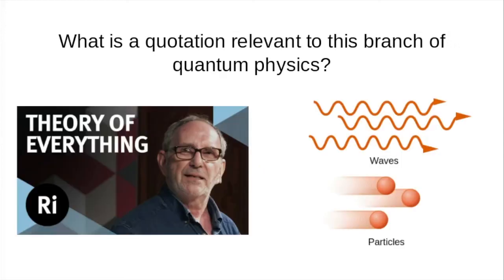A quotation relevant to this branch of quantum physics is as follows. "Heisenberg's uncertainty relation measures the amount by which the complementary descriptions of the electron or other fundamental entities overlap. Position is very much a particle property. Particles can be located precisely. Waves, on the other hand, have no precise location, but they do have momentum. The more you know about the wave aspect of reality, the less you know about the particle, and vice versa." This quote was by John Gribbin in his book entitled In Search of Schrödinger's Cat: Quantum Physics and Reality.